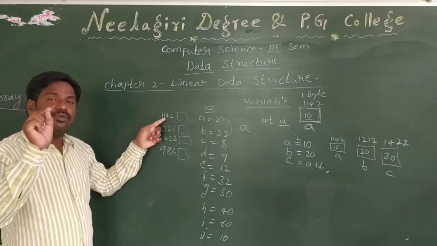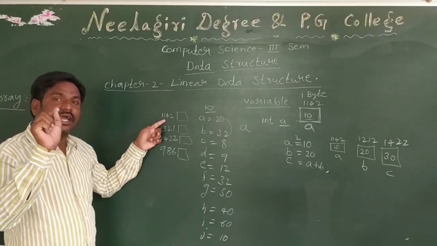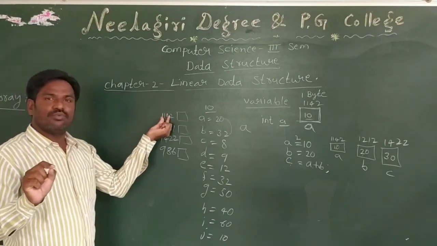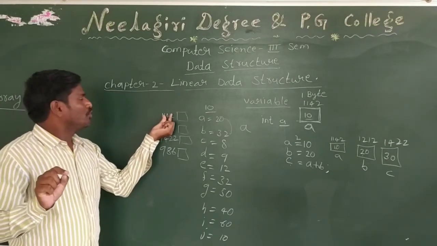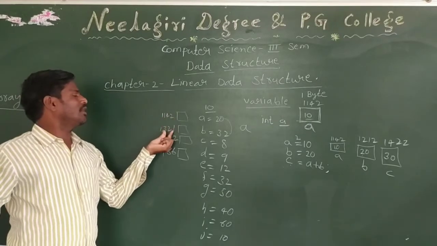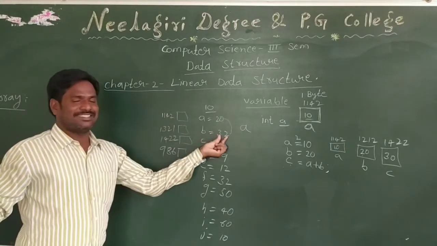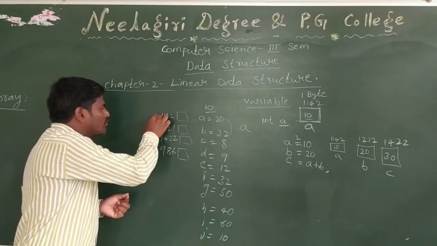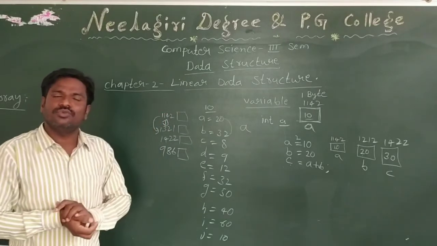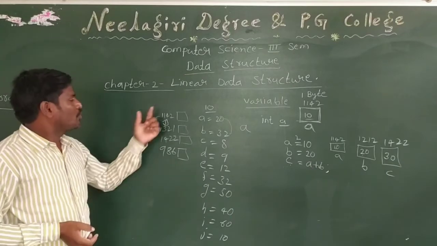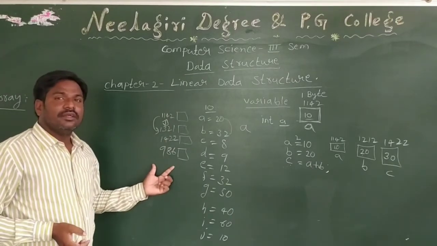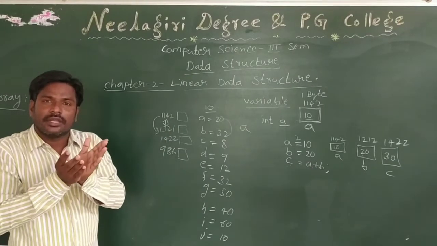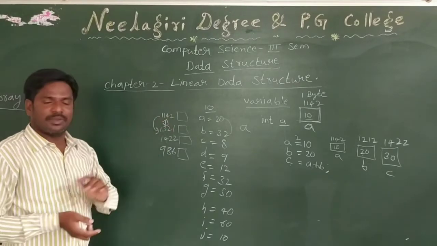Now, for example, in the hard disk, there is a header. The header is at 1142, and to access the other value it has to move to 1321. There is a lot of time spent moving from 1142 to 1321. To avoid that, it is better to allocate continuous memory.